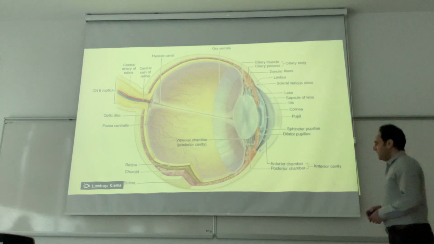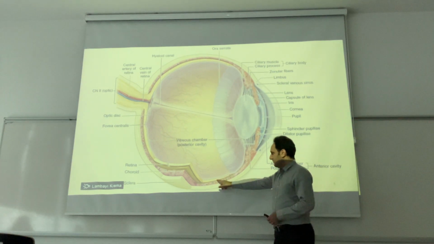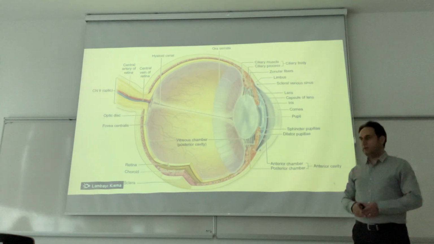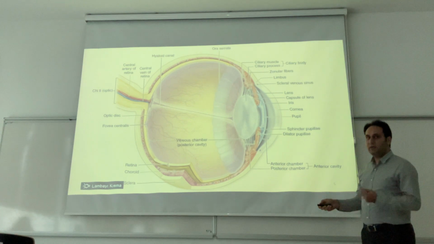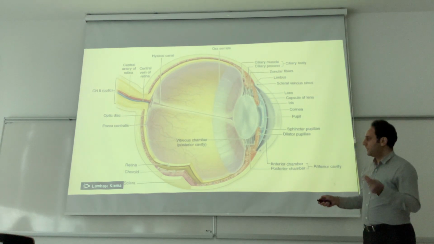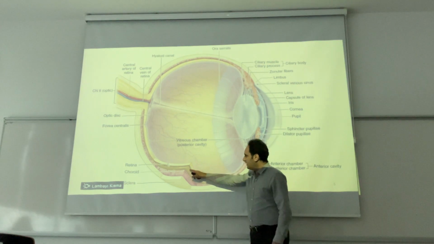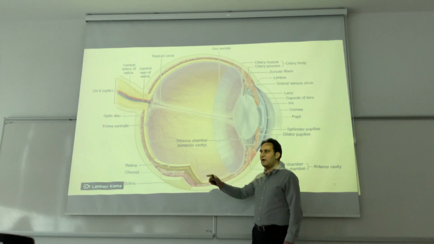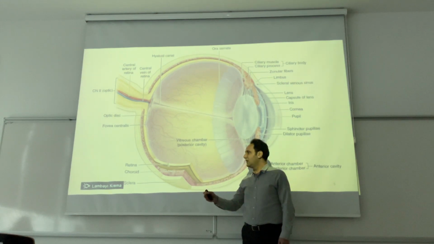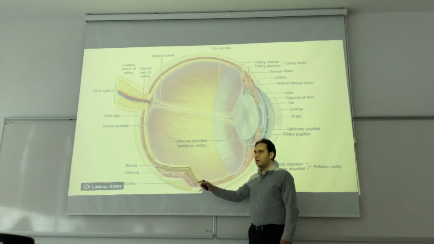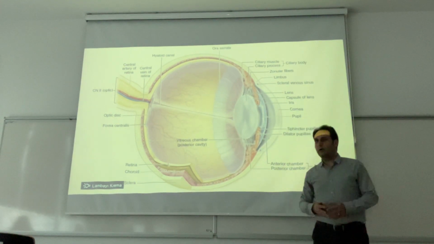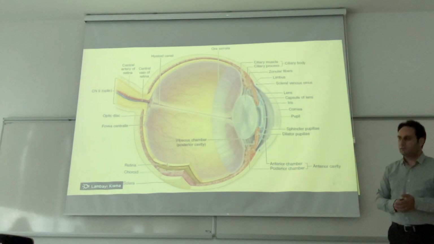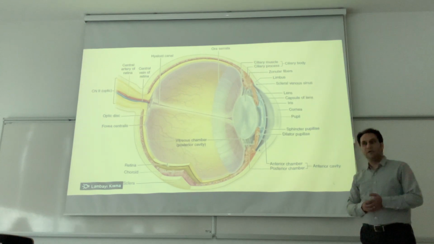And our inner layer, here you can see in red color, is the retina. The retina is divided into two distinct layers. The outer layer of the retina is the retinal pigment epithelium, and it has only pigmented epithelial cells. And on the inner side here, we have the neural retina. In the neural retina, we have 10 different layers with different cells, and